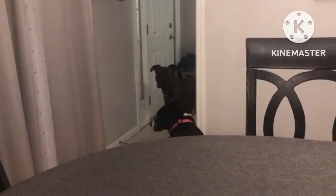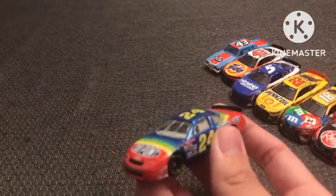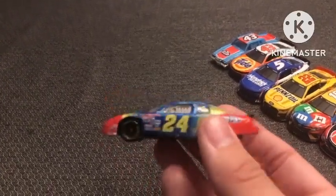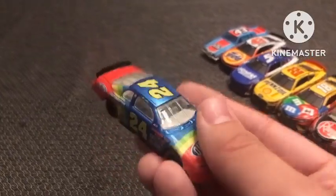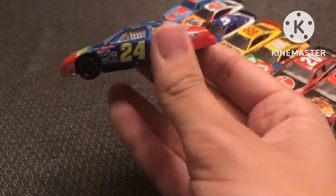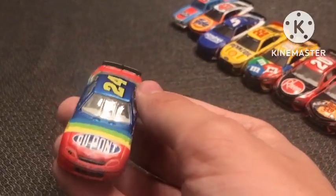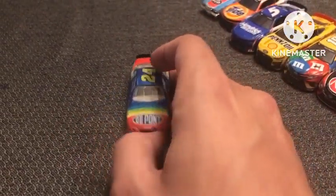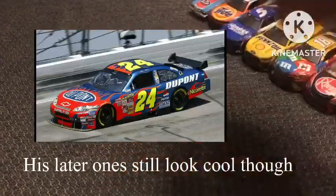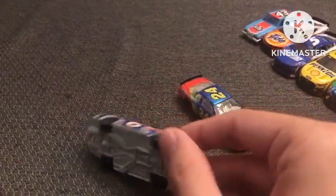That was my favorite of his cars, so I wanted to get this one. So, yeah, there's not really much else to say. I personally just believe Jeff Gordon's first car was his best looking car. And then I got Mark Martin,